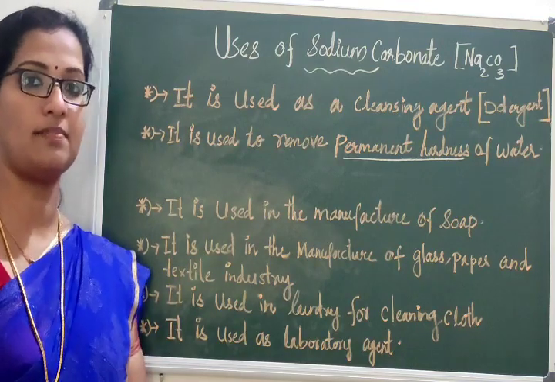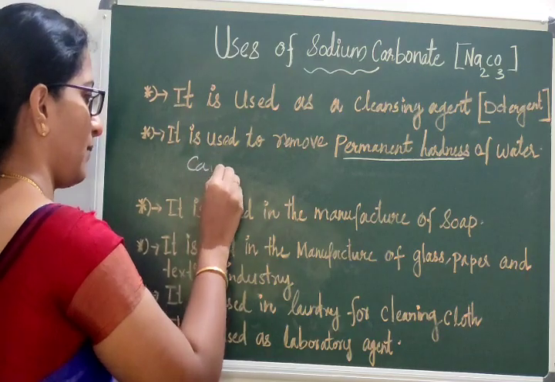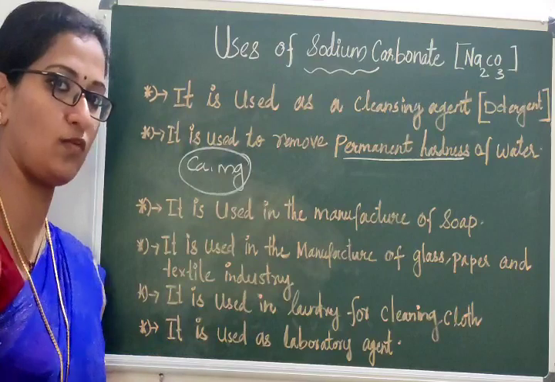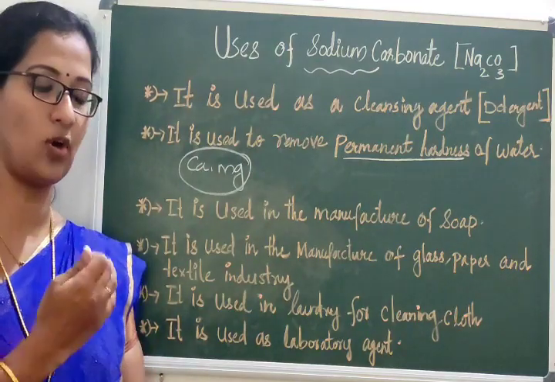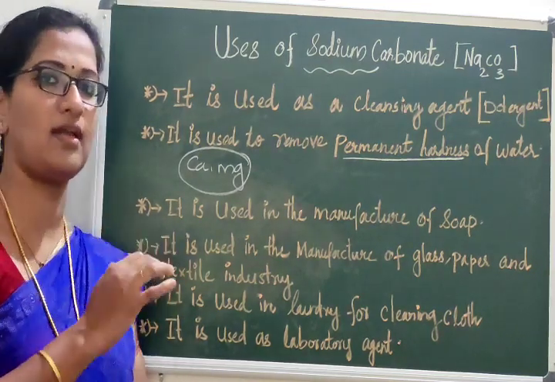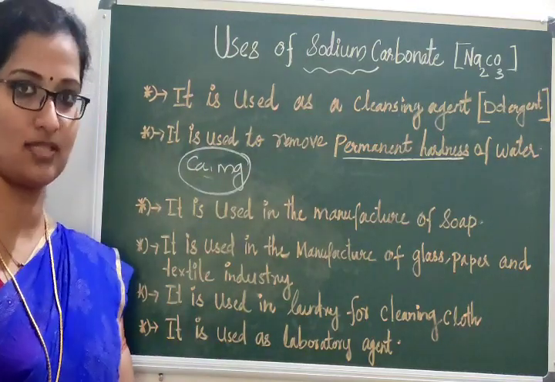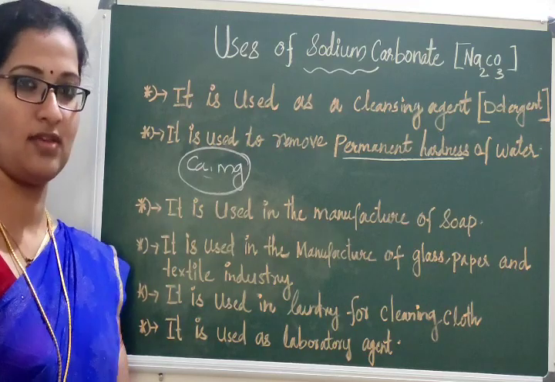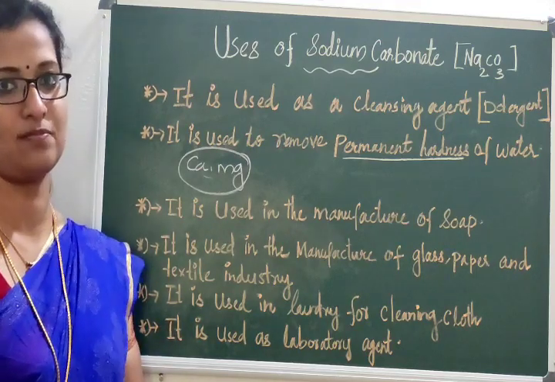Water becomes hard when it contains salts like calcium and magnesium. If calcium and magnesium salts are present in water, the water will be hard. The water obtained from borewells, etc., in some particular areas, these ions or salts may be present. At that time the water will be hard, so when you try to use soap, it never produces lather.